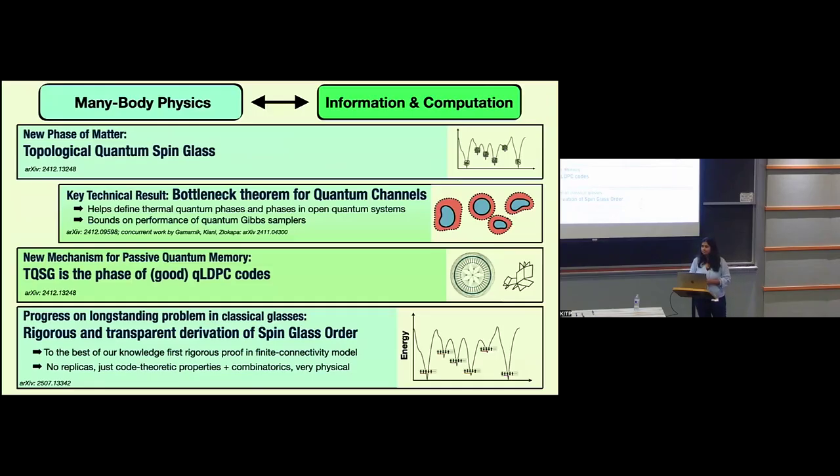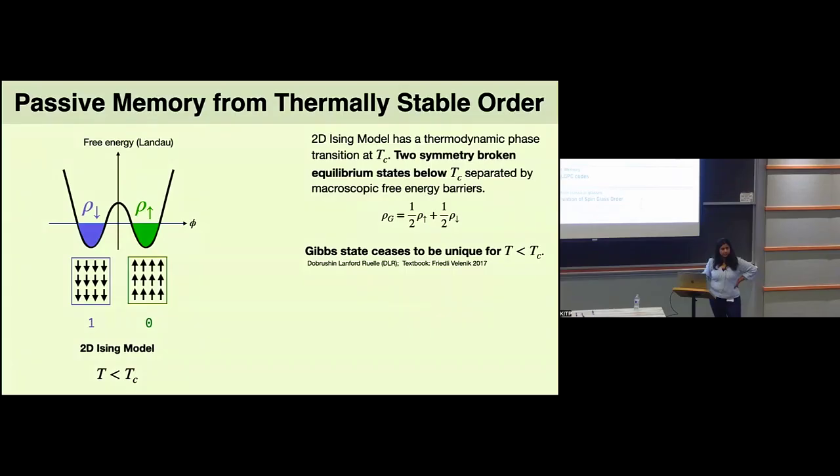Okay, so now I want to start by presenting a slightly more formal view of passive memory, particularly from the point of view of this bottleneck theorem. So, again, let's go back to classical physics for a moment. To understand passive memory in the 2D Ising model, the way we think about it as physicists is that